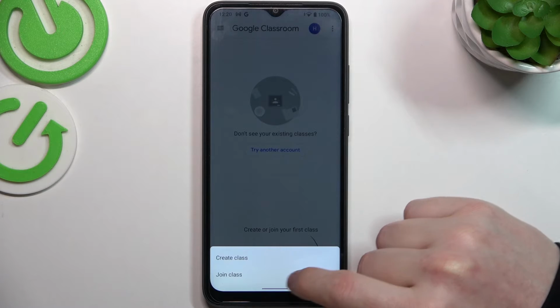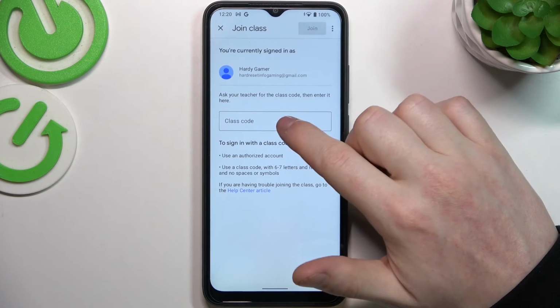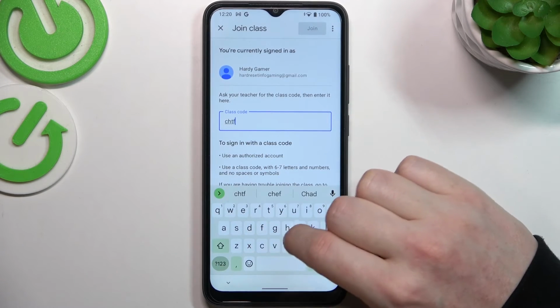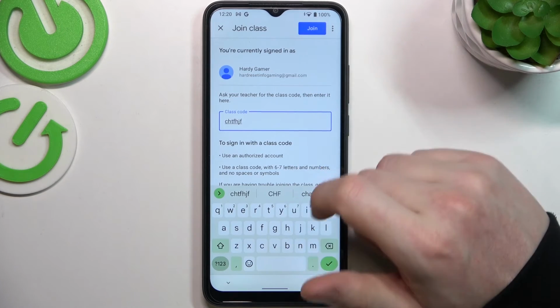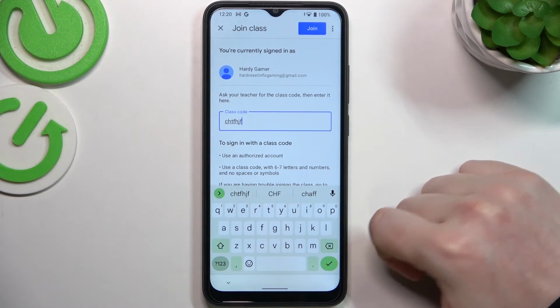Then press on this plus button to join the class. Here you will need to enter the class code and then simply select the join and you should be with your class. And that's it for this